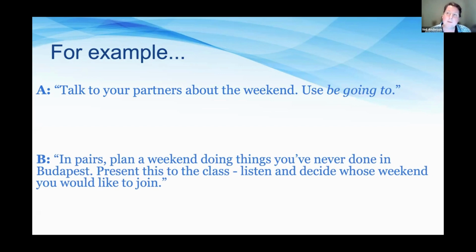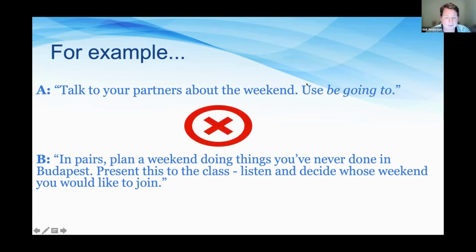Now, if you feel like it, just throw into the chat quickly, A or B, which one seems to fulfill the criteria of a task more, A or B? Yeah, no surprise, I can see a few Bs here. And the reason is because in the first one the incentive to do it, or the goal, is clearly about display of language, use be going to.